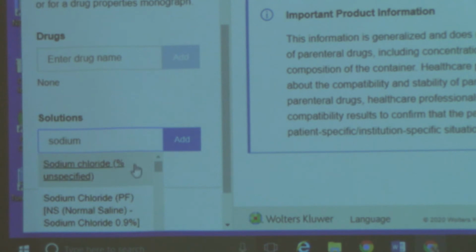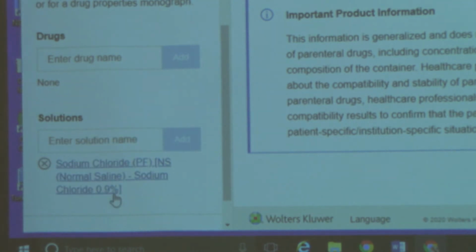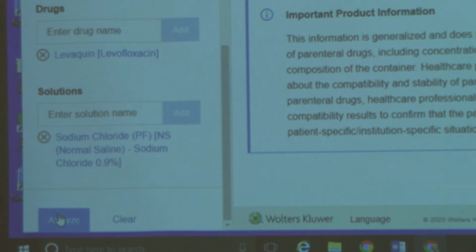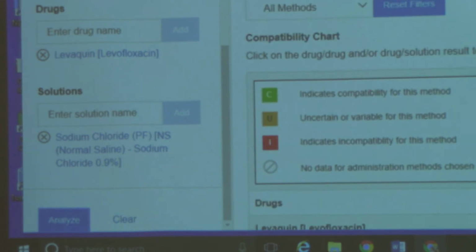So we start typing in sodium chloride, and I come down to here to normal saline at 0.9%. I want to infuse as my secondary medication Levaquin or levofloxacin, so I type that in here and it starts to come up. So I check Levaquin, I add it, and I go down to Analyze and click that,